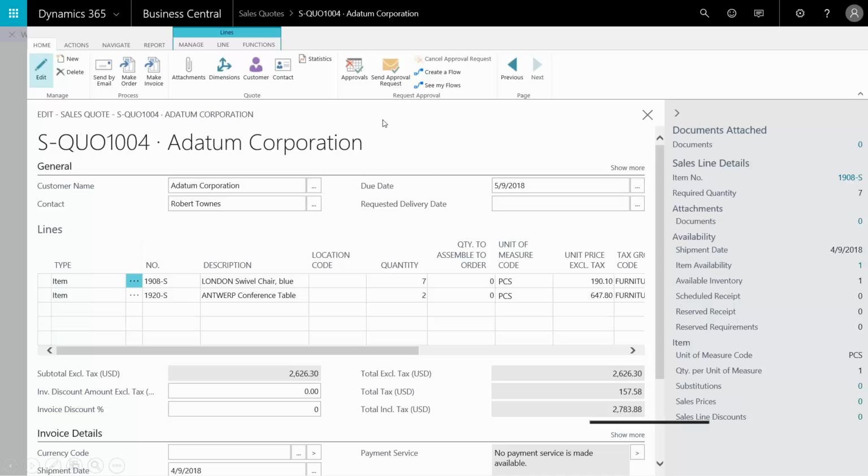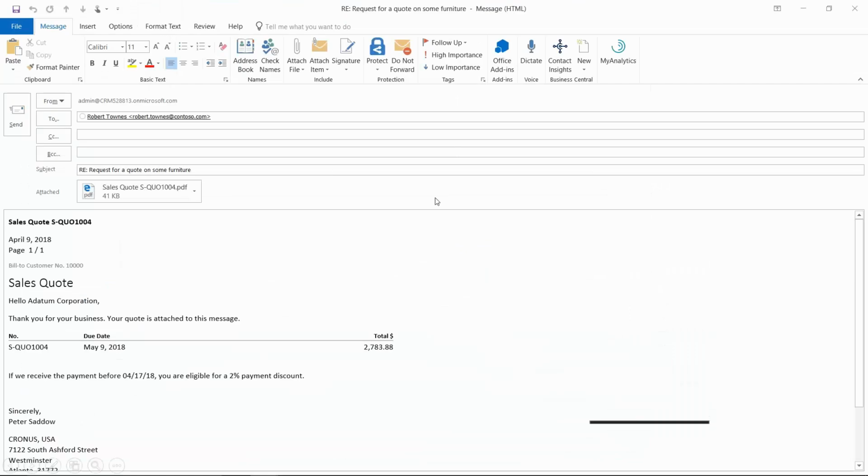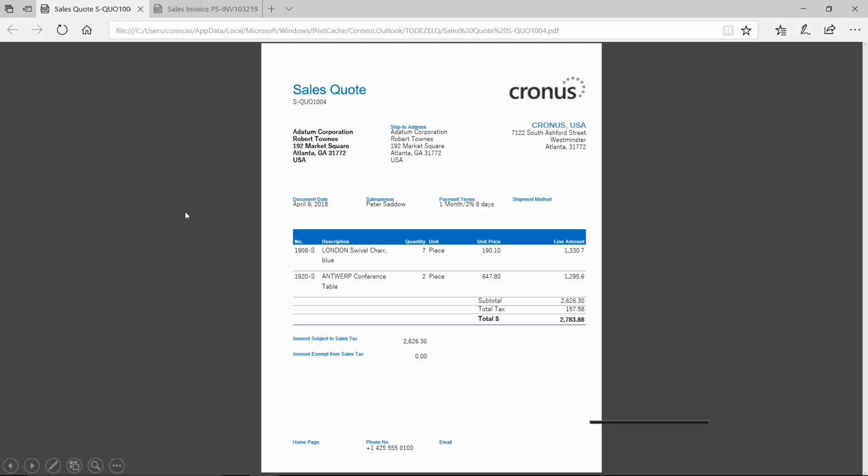I can quickly just do the send by email and launch that through. We have the integration connected into Business Central to send it back through Outlook to your customer. We've picked up his email address off his customer settings, and here's what it looks like internally in that email. We have basically an HTML look, or can do an attached document as well. This is the email statement, and that's the actual document, formatted here as a PDF, that can be sent out. We deliver sales quote templates, sales invoice templates, and purchase order templates. All your documents are standard in BC, delivered inside of the document